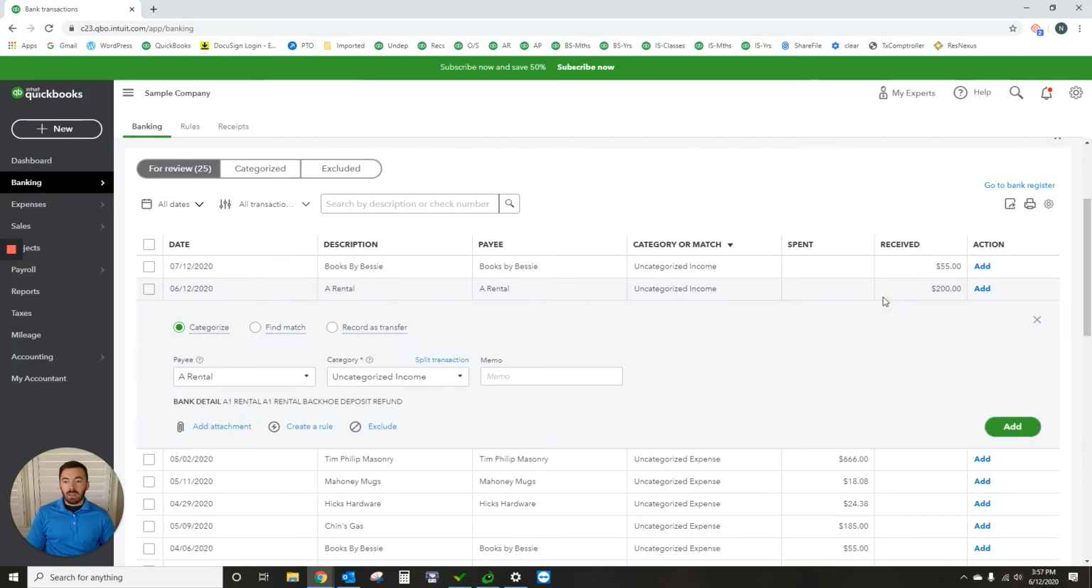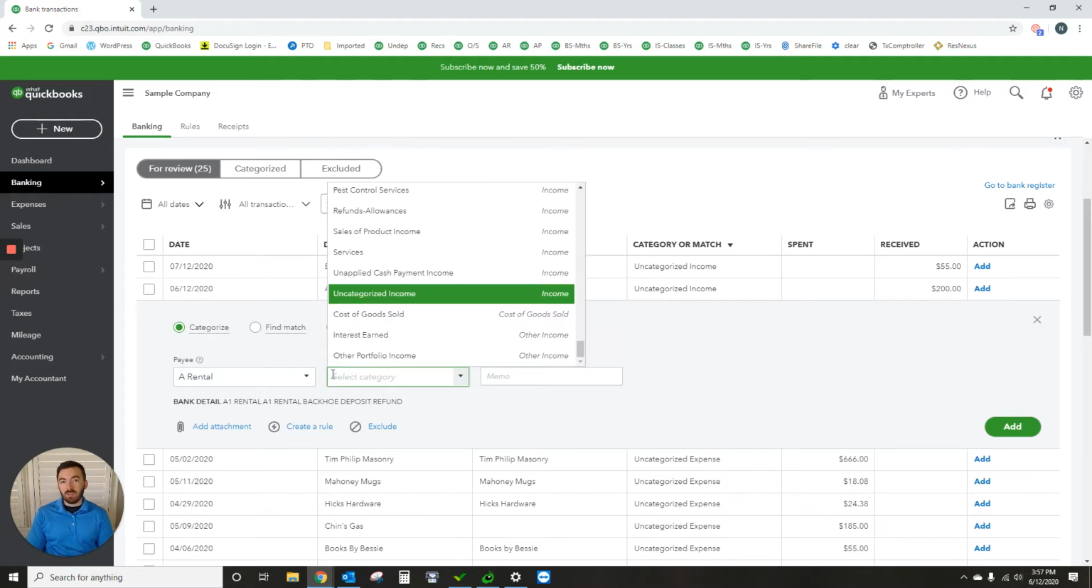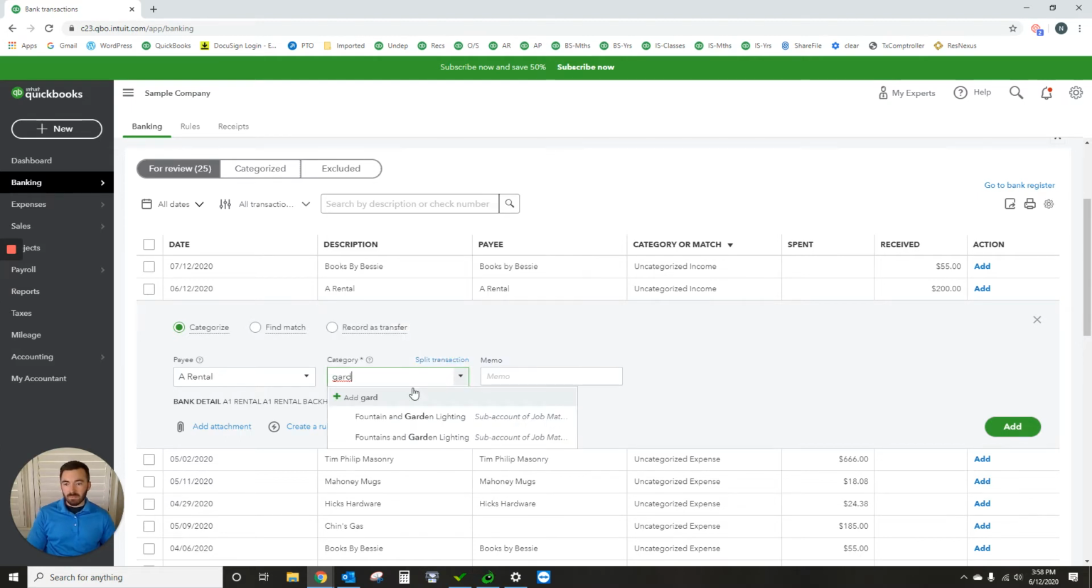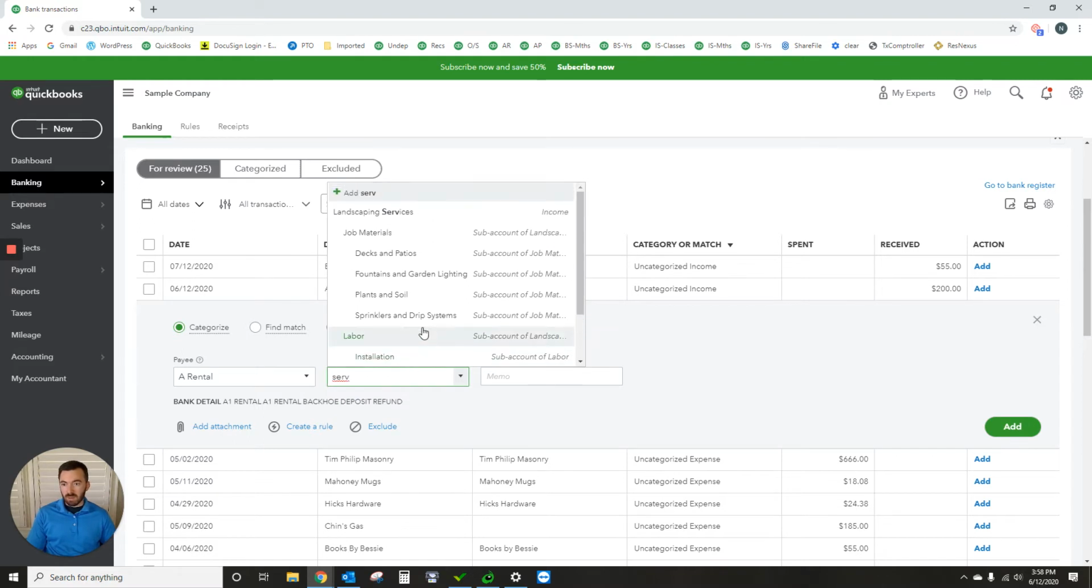However, if we do not click Find Match and match this transaction with those 2 invoices, and instead we just hit Categorize, we're going to have a problem. It's going to duplicate that income. So let's go ahead and we'll put this under services, service income, I believe,